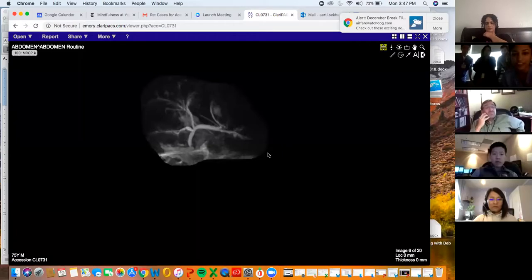Does anyone see the biliary abnormality in this case? Biliary tree anomaly. Yeah, there is a trifurcation. Yeah, exactly. So this is the right anterior duct, which is usually the more vertical one because it's